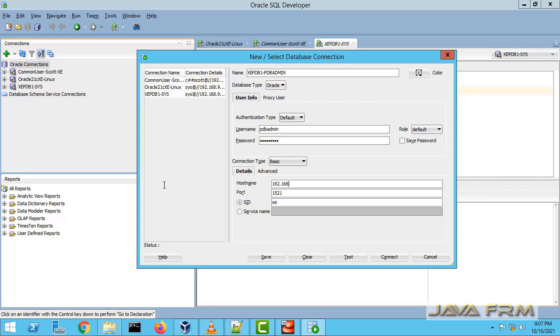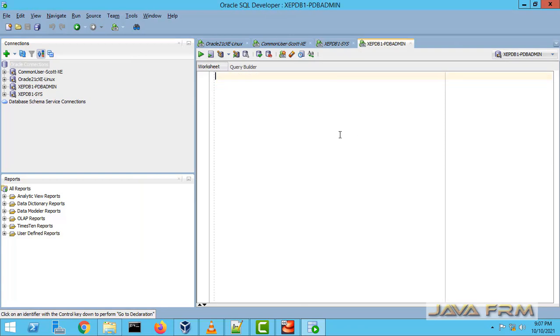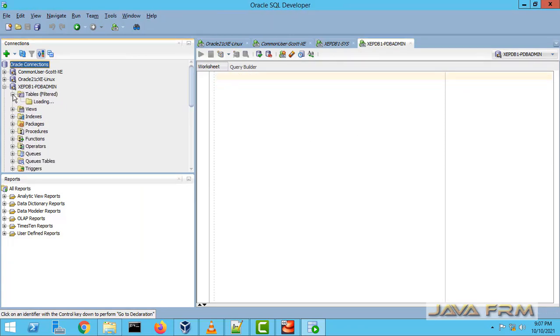Type the IP address of the Linux box. Okay, service name xepdb1. By default, xepdb1 will be up and running in Oracle Database 2020 Express Edition. Okay, I am able to connect now.